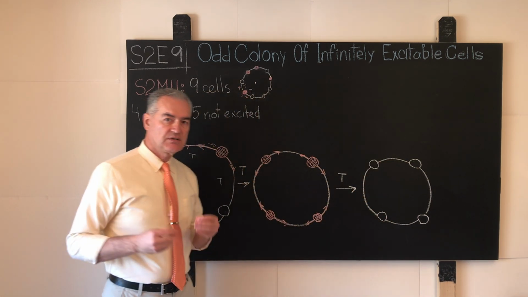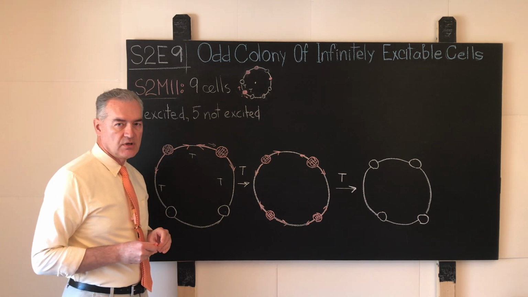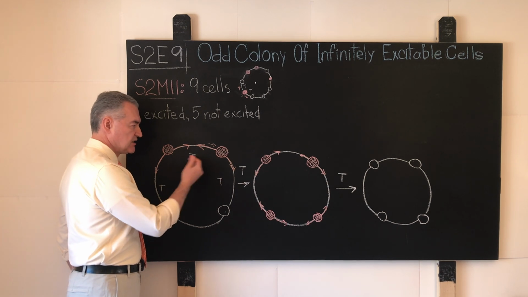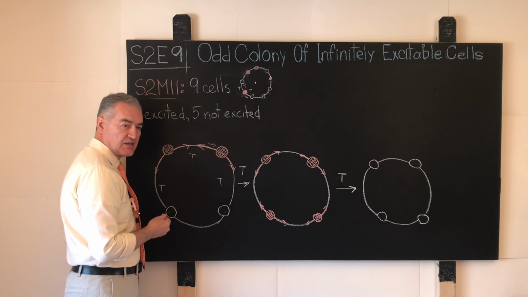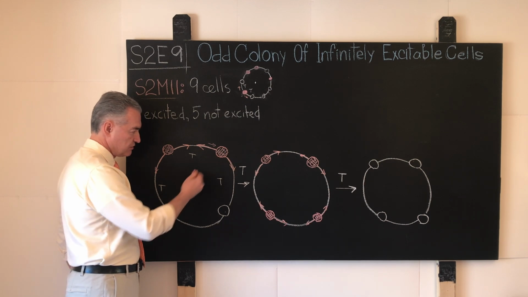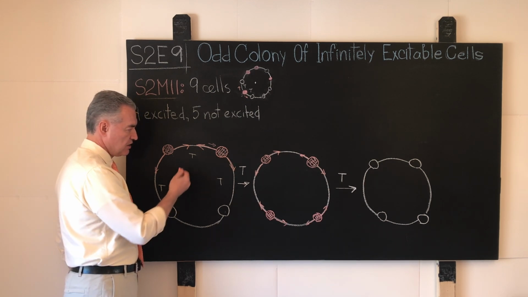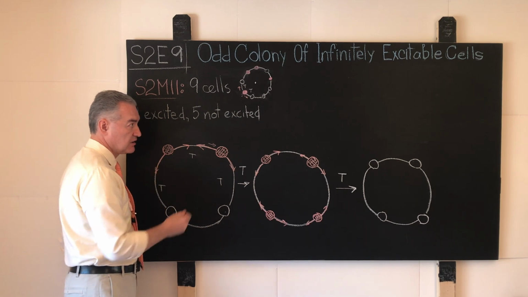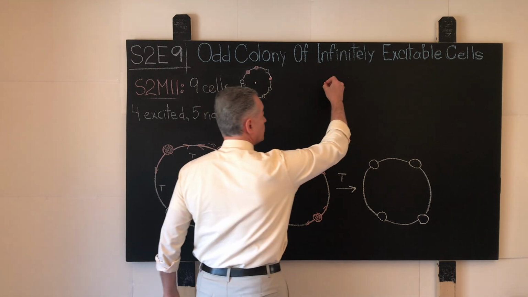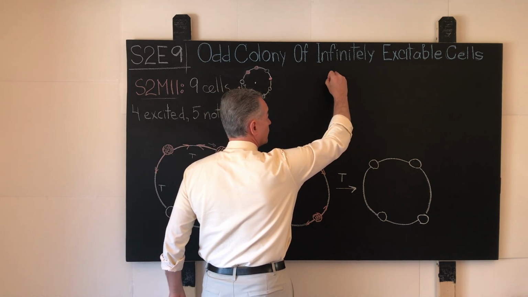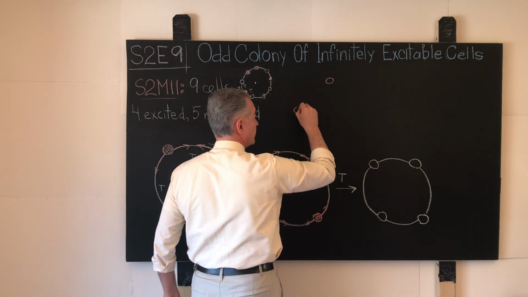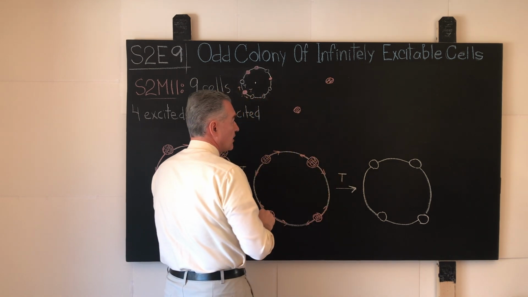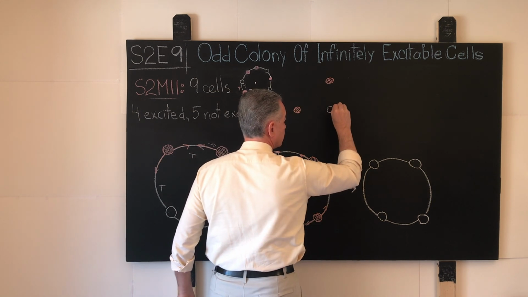And we next may want to analyze the case, for example, where we also have precisely two excited cells, but which are diametrically opposite of each other. In other words, 2 excited cells are broken up, so to speak, by the not excited cells. Let's say we do it over here. If one cell is excited here and the other one is excited over here, this cell is not excited and